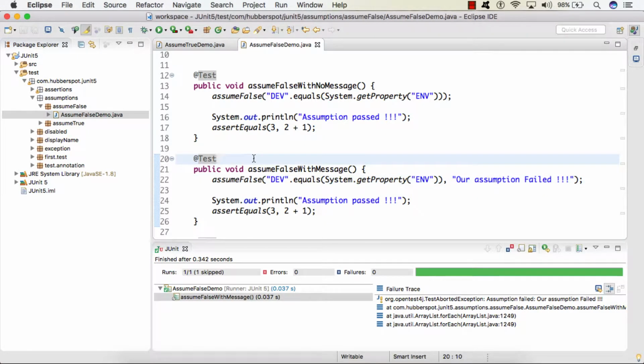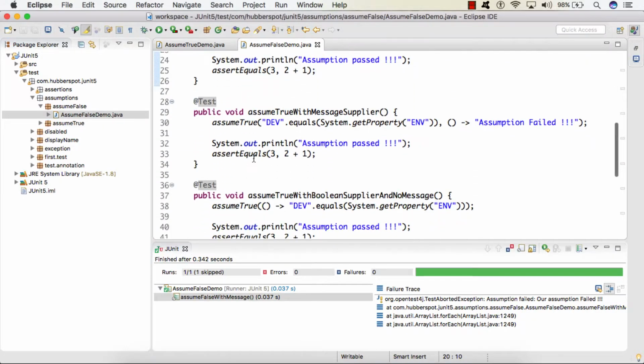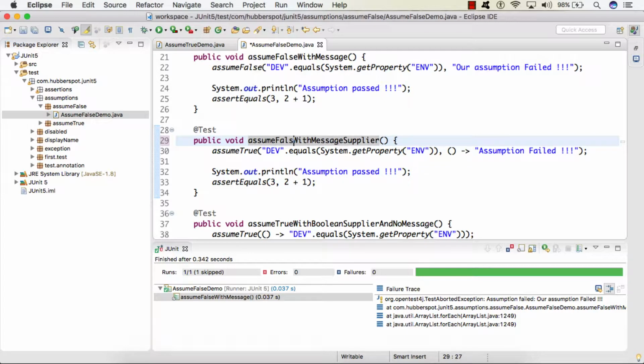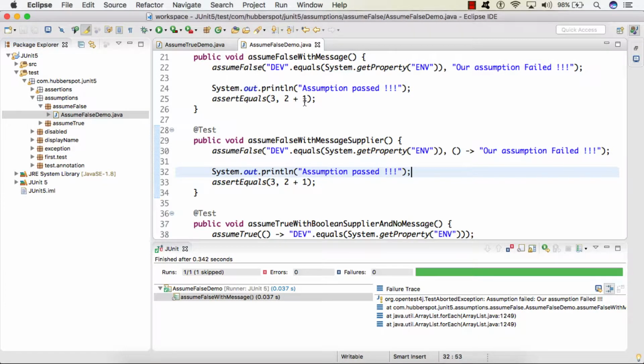So friends, now let's see the demonstration of the third assumeFalse method, which is assumeFalse with message supplier. So here the working of this test case is exactly the same. The only difference is the first parameter is our boolean condition, the second parameter is our supplier functional interface which supplies a string message, and we are providing here a lambda expression which supplies this string.